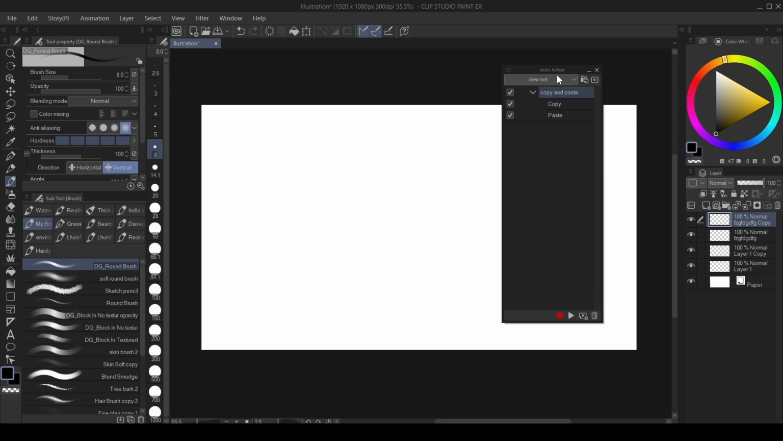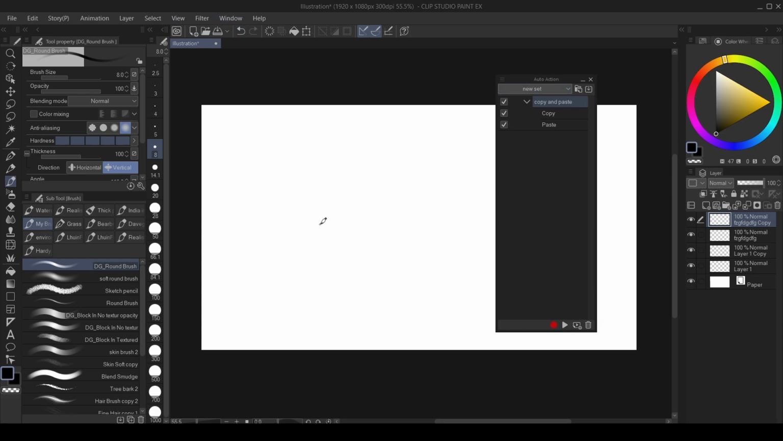So you can also use this for other stuff, like maybe increasing your line width, or maybe creating layer masks